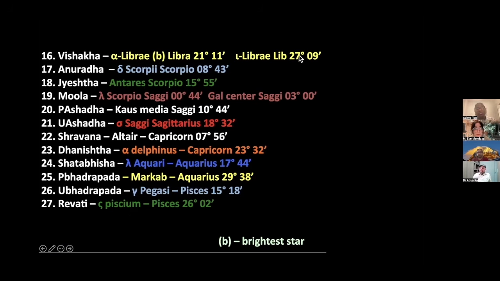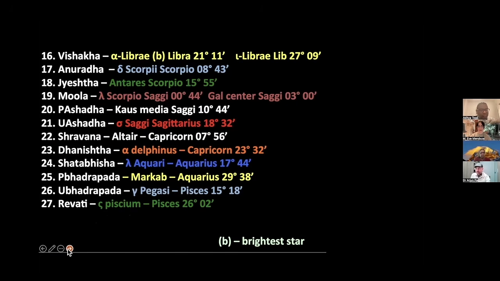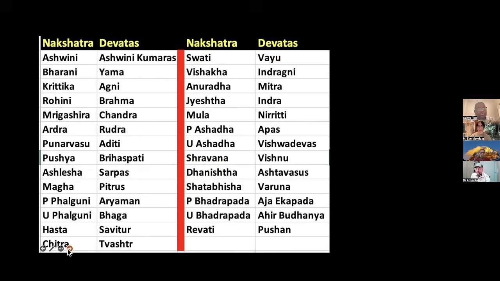In some cases you may see two stars, because I have seen different scriptures sometimes mention two stars. Sometimes here also, Amal and Sheraton, there are two stars. Punarvasu again has two stars. Mostly the others are all one star. So these are all the Yogataras, the names of the stars which are Yogataras for that particular nakshatra, and so forth.